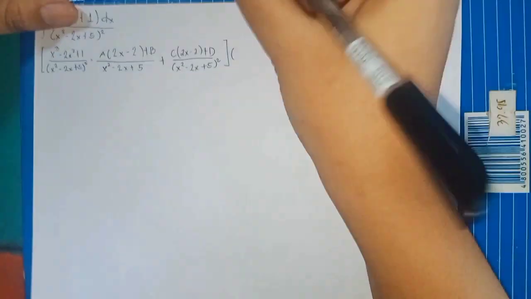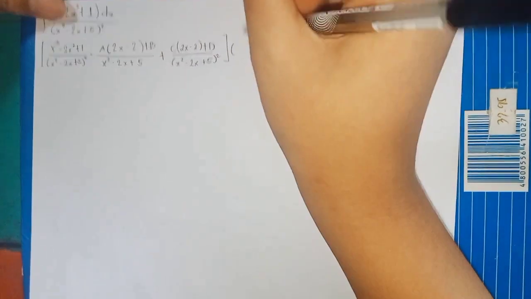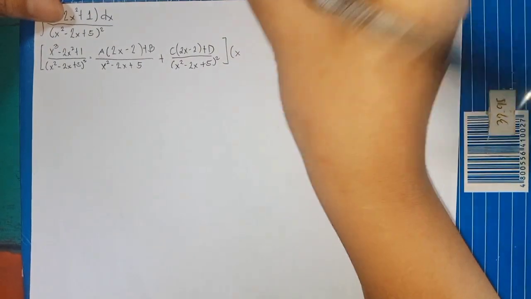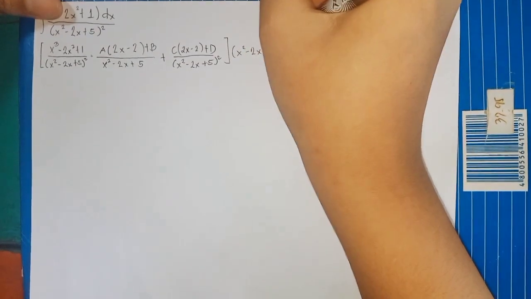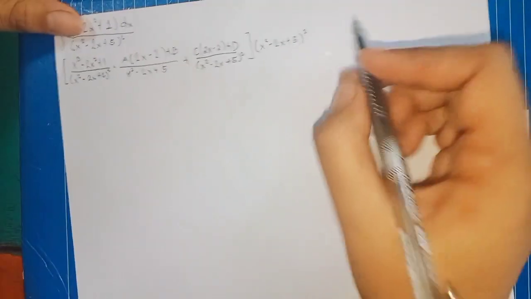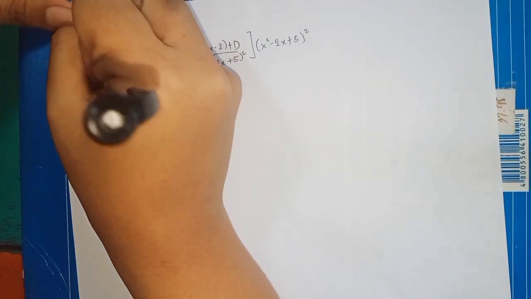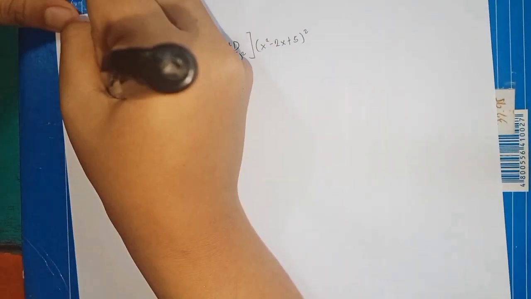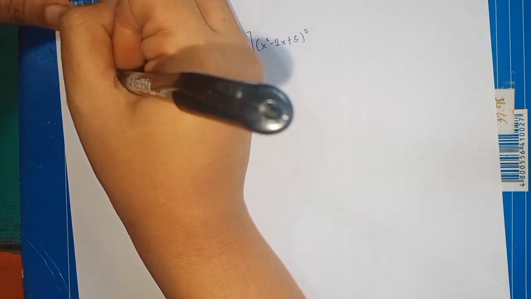And then let's take the denominator here para may makancel tayo. Okay, so this will be cancelled out. So ang natira is x cubed minus 2x squared plus 1